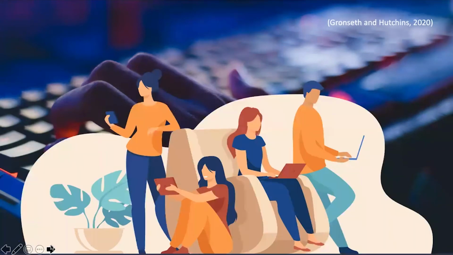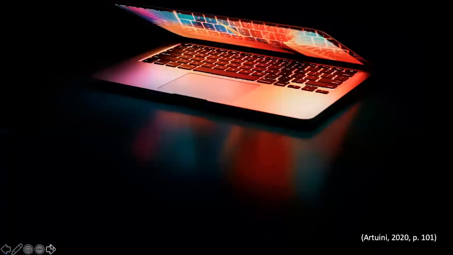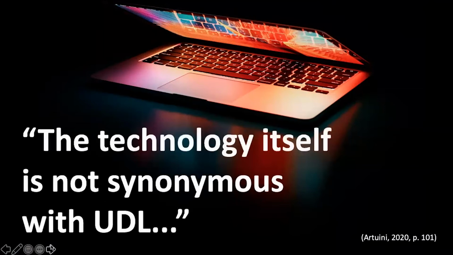Now, technology is at the forefront of our discussion because it can not only provide the needed flexibility in delivery, it definitely allows for those multiple modes needed, but it can also extend the classroom to make adjustment for those with diverse accessibility needs. It should be said that the basic integration of technology in the classroom does not constitute achieving a successful UDL. The technology itself is not automatically synonymous with UDL, but it plays an important role in its implementation and